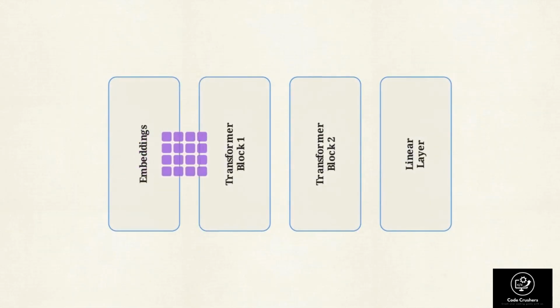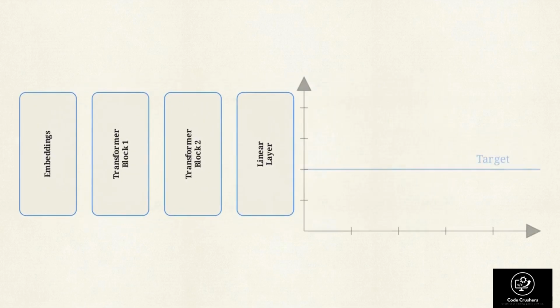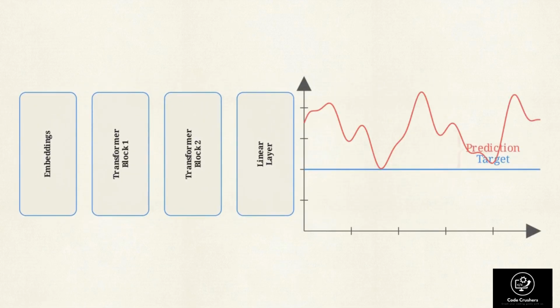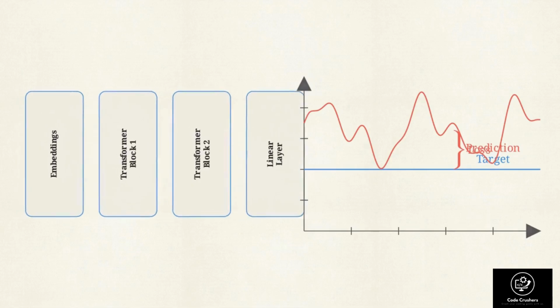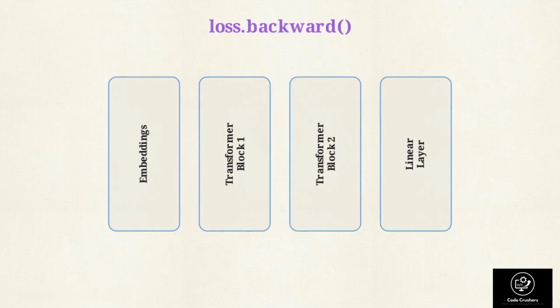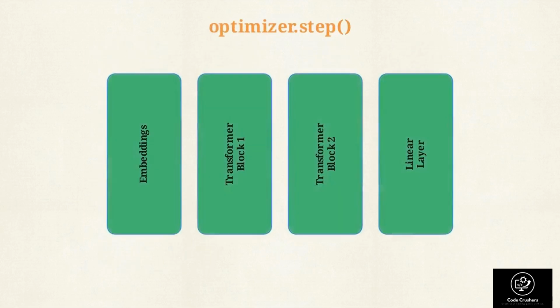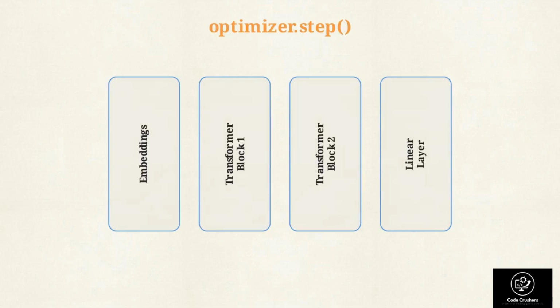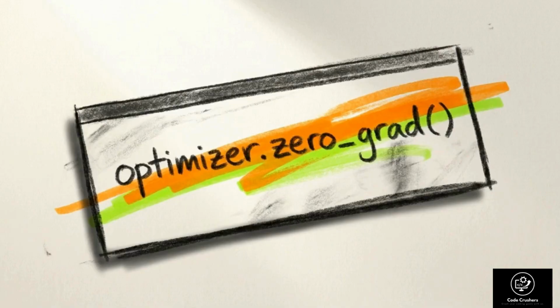We grab a batch of data using our getBatch function and push it through the model. Then we use a cross-entropy loss function to mathematically measure the distance between our model's predictions and the actual target text. Next comes the backward pass. Calling loss.backward computes the gradients across all our parameters, and optimizer.step updates the network's weights to make the next prediction more accurate. Before you loop back around, you must call optimizer.zero_grad. If you forget this step, PyTorch will add the new gradients to the old ones, accumulating mathematical noise that will